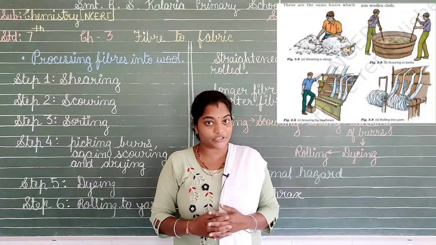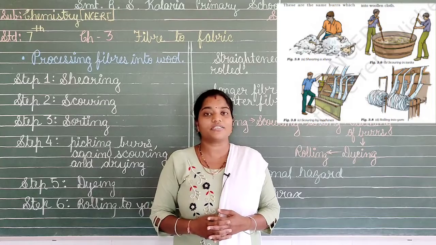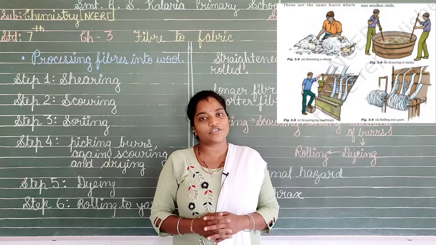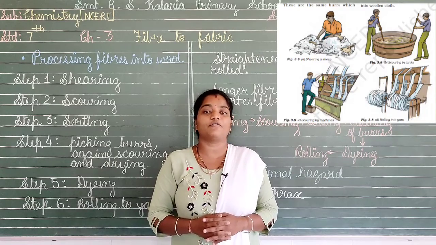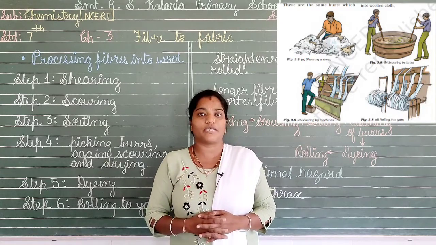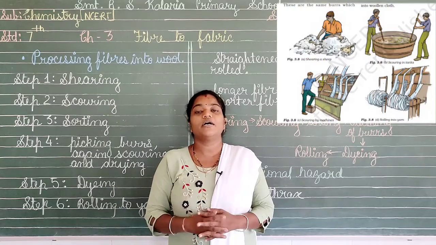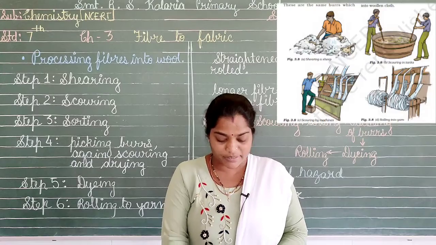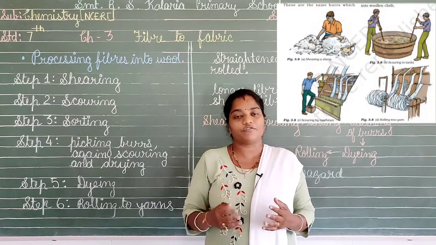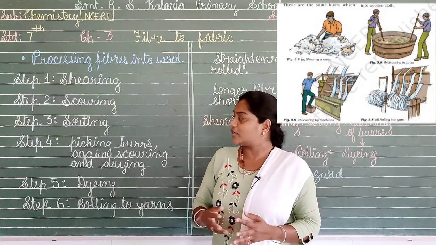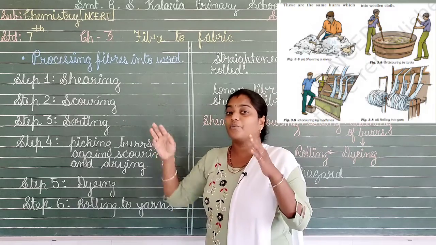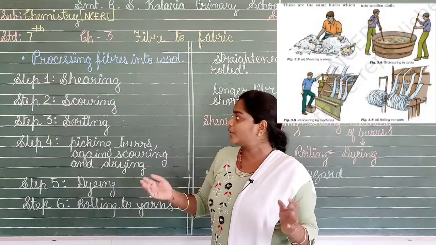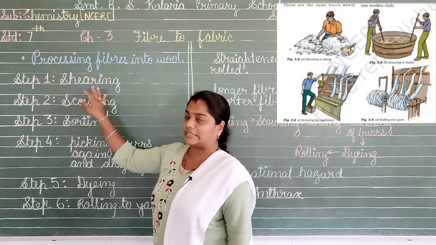Now does it hurt the sheep? No, it does not, because the upper layer is dead skin, which is not going to hurt the sheep, and the soft layer will be taken out with the help of the trimmer, like the one people use at home to clean up the beard. So it is used to shave them with ease, and thus these sheep will be sheared very easily. It will not harm them or hurt them. So this is the first step, called shearing.